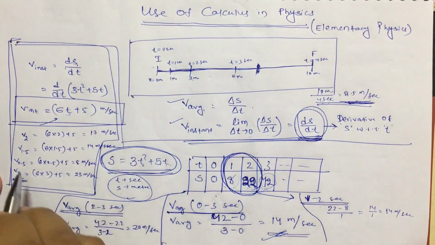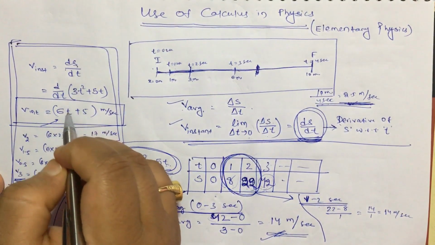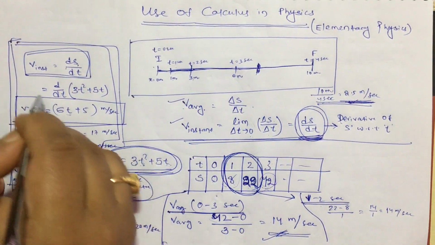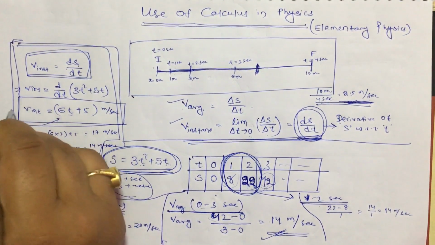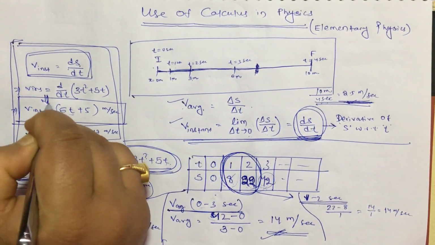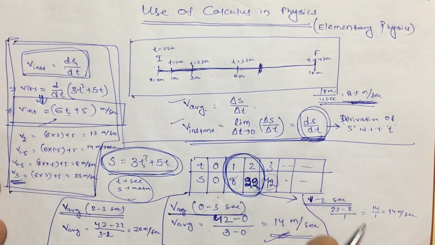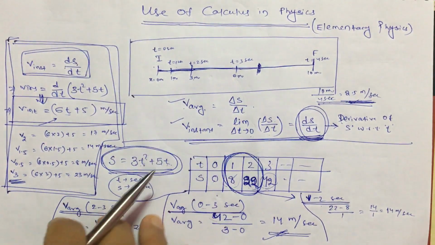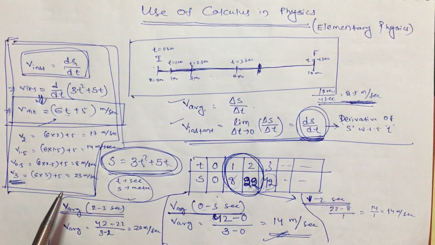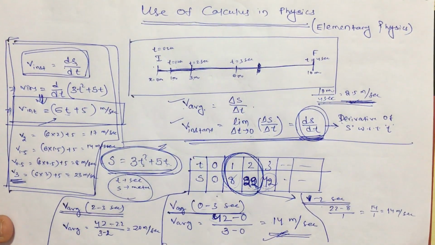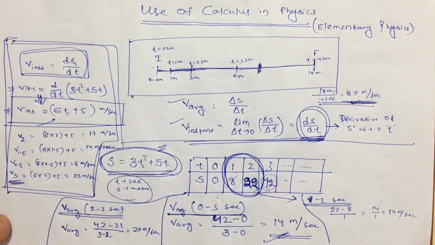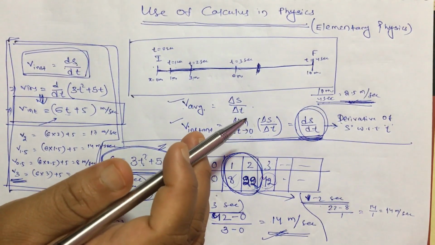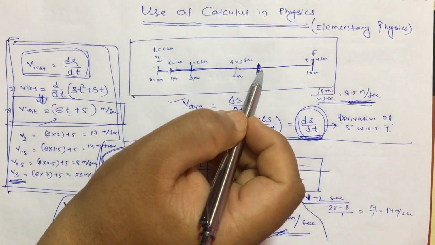That is the difference. And how have we found it? By using the derivative. V instantaneous equal to ds by dt. So we have to know how to solve this part. From here to here, how to come, that we will learn. In this video, we will learn actually how to solve this derivative. Now again there is an important point. If this equation is not given, can we find the instantaneous speed? No, not possible. Like in this case, there is no equation given. It is just asked what is the instantaneous speed at 3.5 seconds.